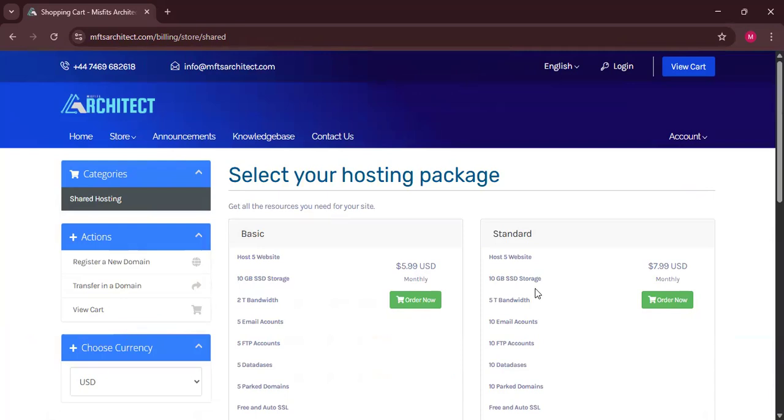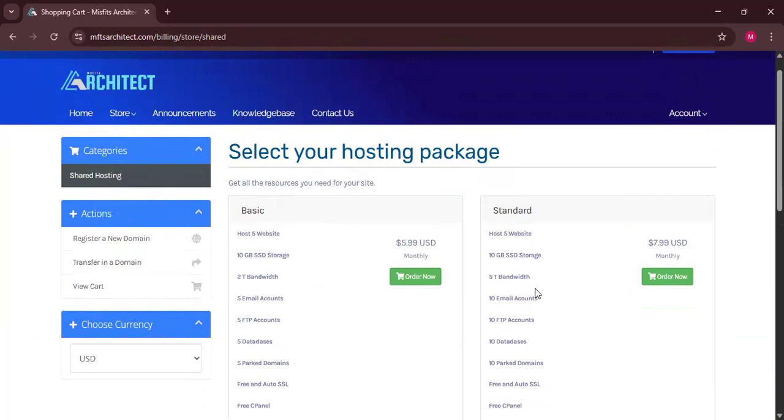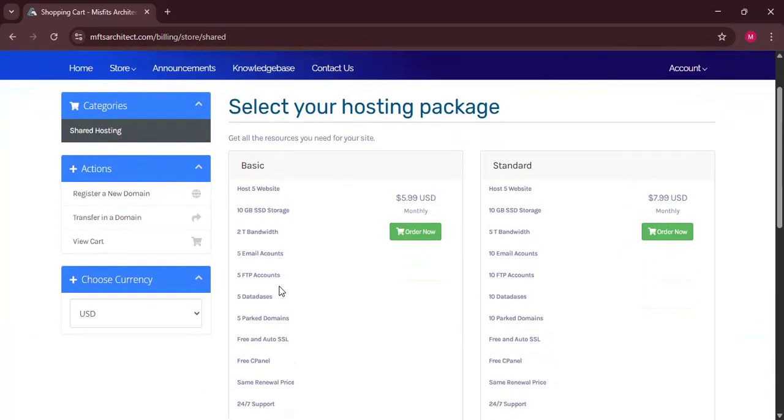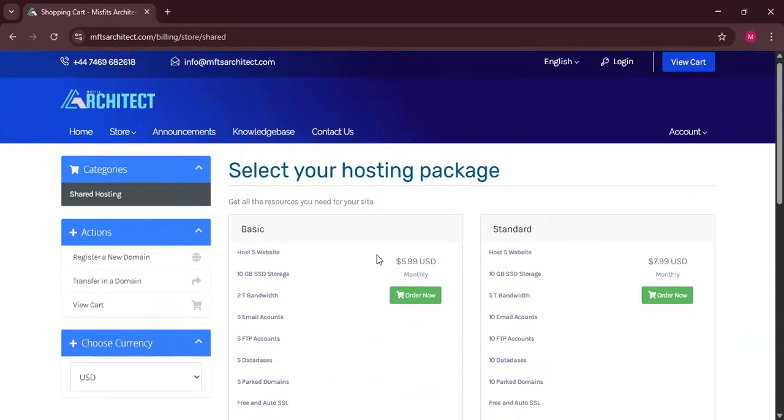So you're going to select our hosting packages. Now we have three hosting packages depending on the size of the website you want to build. But for this tutorial, I'm going with basic. You can see the basic hosting can host 5 websites, 10 gig storage, 2 terabytes, and all that, and so on and so forth. So let's select order now under the basic,